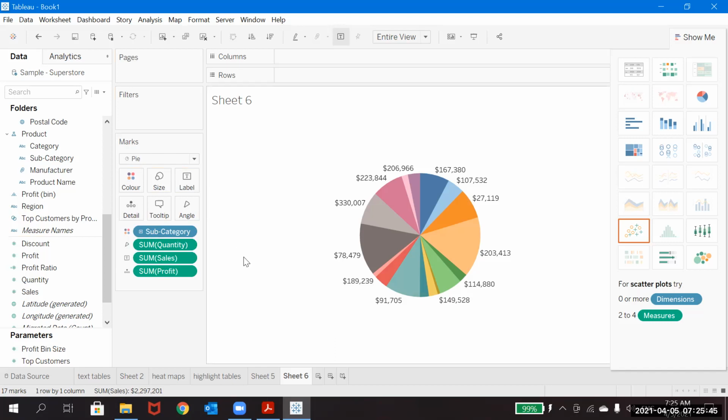But maybe let's say your client tells you, okay, now based on quantity you have bifurcated and you are showing the sales as a display, but I would like to see the profit also when you hover on it. At that time you should add that. You don't have a choice to follow the rule of the pie chart, so you can do that. Okay, this is the pie chart.